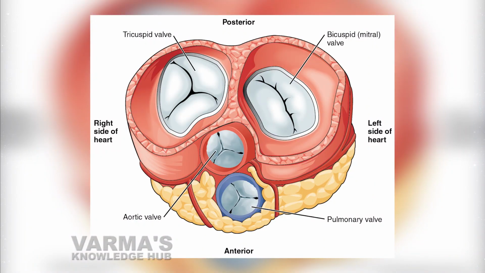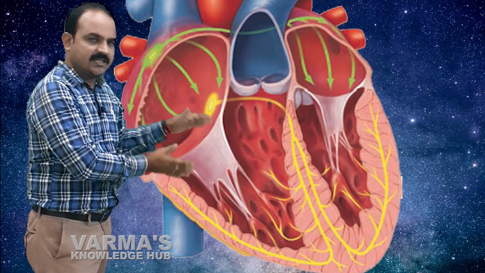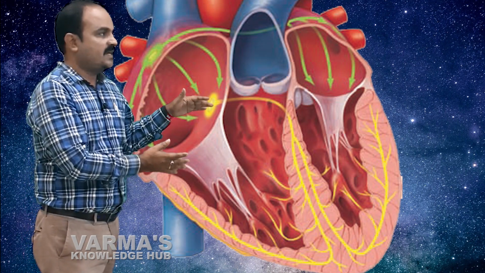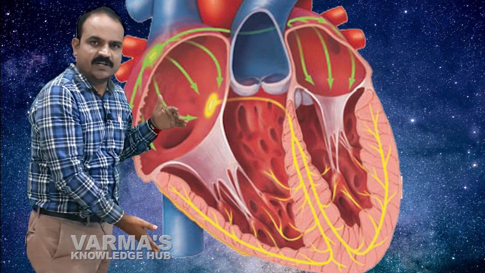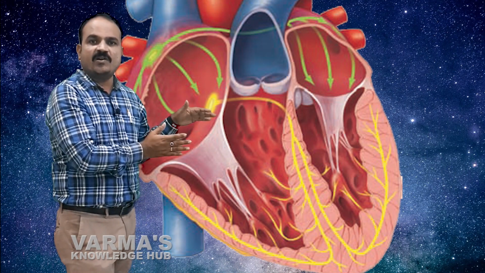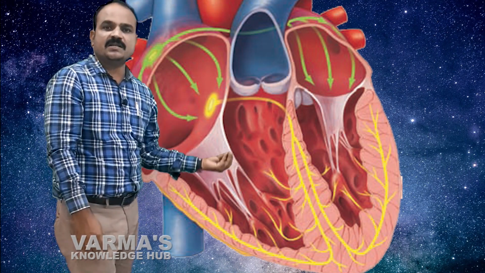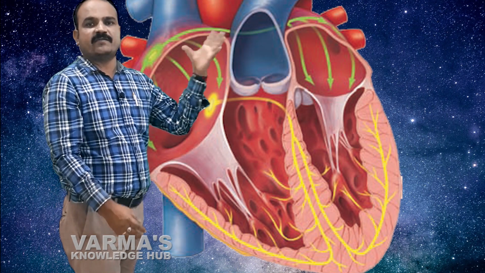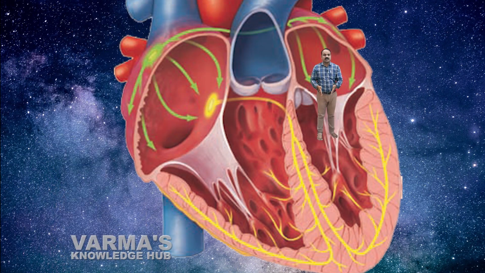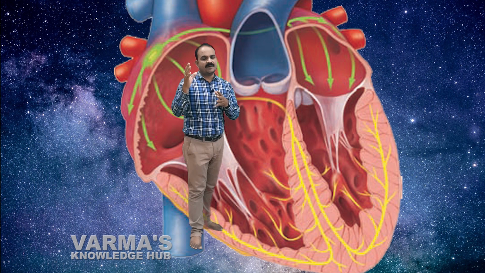Valves are the structures that prevent backward flow of the blood. So here many valves are arranged in the heart. This is the right auriculoventricular septum. It is lying between the right auricle and right ventricle. Here there is a special valve called tricuspid valve. It prevents the blood from flowing in the backward direction. This is the left auriculoventricular septum. On this septum there is a special valve called bicuspid valve. Another name for bicuspid valve is mitral valve.